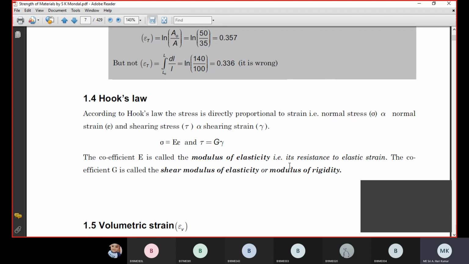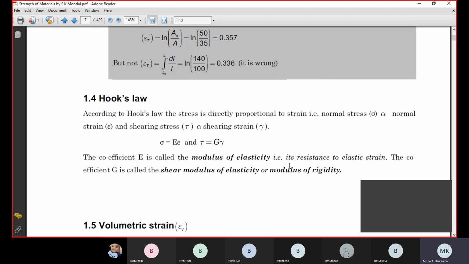the next step is to learn about the elastic constants. For that, we first need to look into the law called Hooke's law. This should be quite familiar to you by now, because most of you are third years and fourth years, so this was already known to you, or you might have studied it in your MOS. You get Hooke's law in many places, not only in MOS, but also in machine design, design of machine elements, design of transmission systems, and even in linkages. You might have come across Hooke's law.